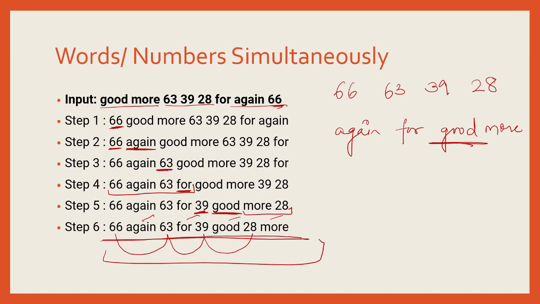I hope now it is clear how to solve the questions on input output, and the variation that we have discussed today here is shifting and arrangements. In the next session, we'll be discussing the variations where we will be looking at input output problems based on mathematical operations and also the miscellaneous type of problems.